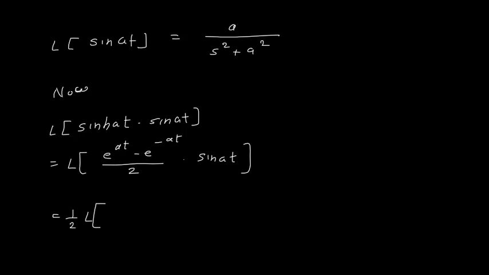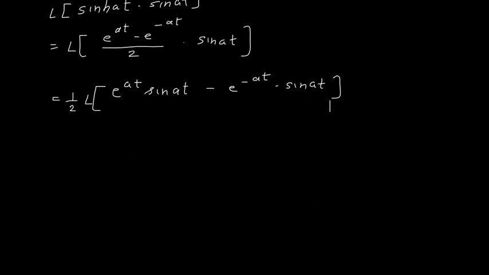It will be Laplace of e power at into sin at minus e power minus at into sin at. So this is equal to 1 upon 2 Laplace of e power at into sin at